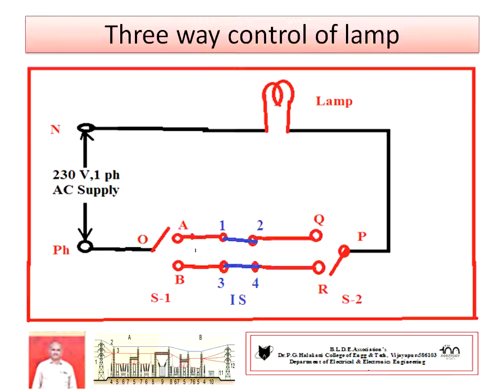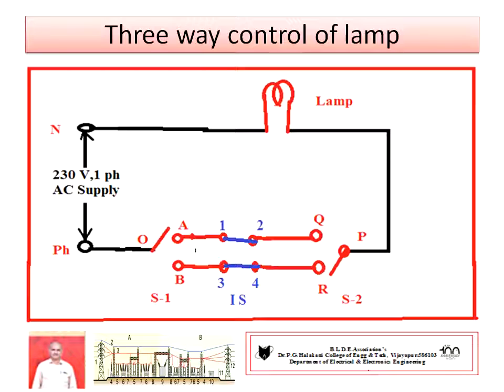So, now the connections of the intermediate switch are 1 and 2 are connected, and 3 and 4 connected, which results in a straight connection. Sir, if cross connection, we have to remove connections 1 and 2, 1 is given to 4 and 2 is connected to 3, which results in a cross mark. Such a connection is called cross connection.